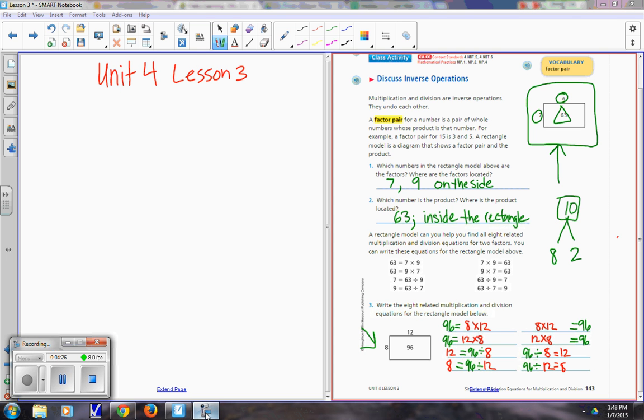So if you need to press pause right now, you might want to go over to the form because the first 2 questions have a lot to do with what I just did on this page. You can press pause at this point and complete that if you need to, and then click back and forth. We're going to move on to page